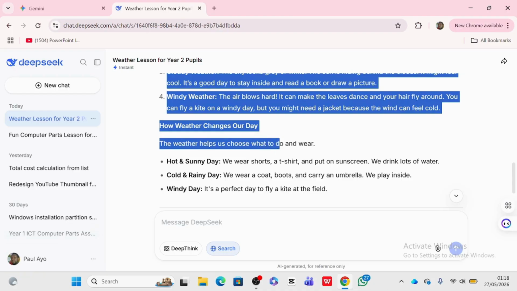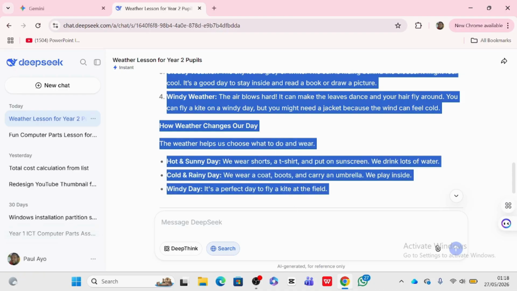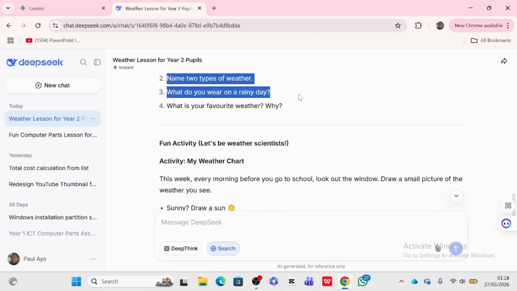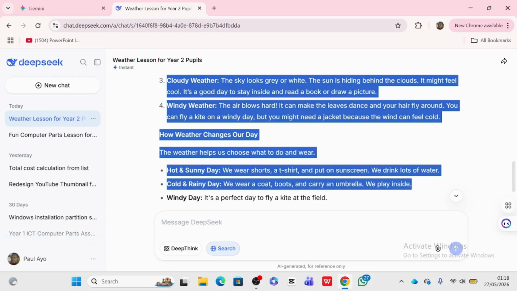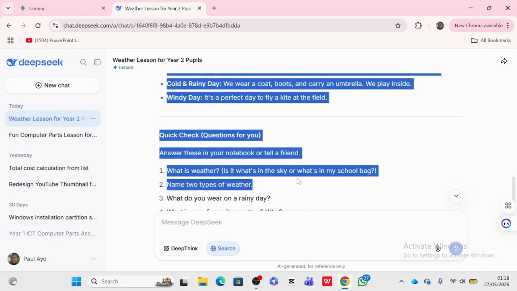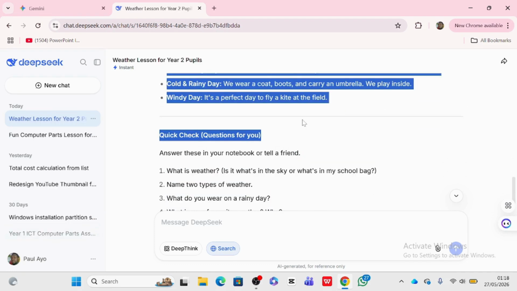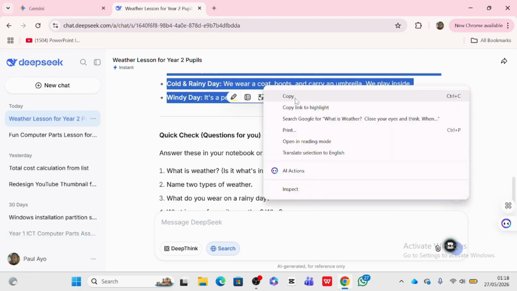How weather changes our day. Okay, no, I don't want to pick the fun activities. Weather helps us choose what to do. Okay, so I'll just stop here. Now right click, I'll copy,